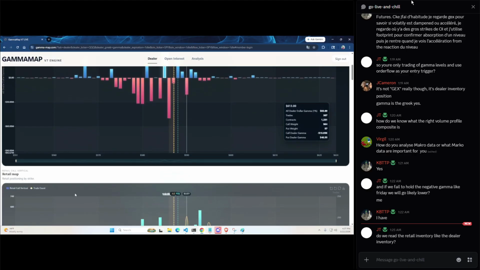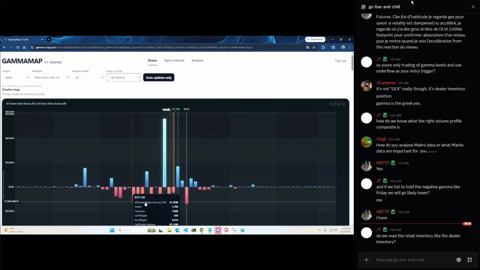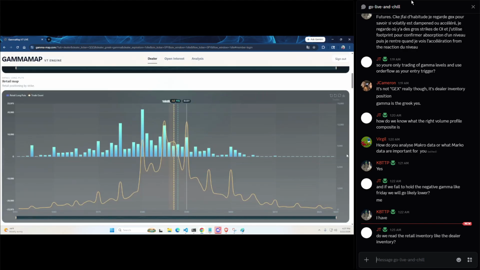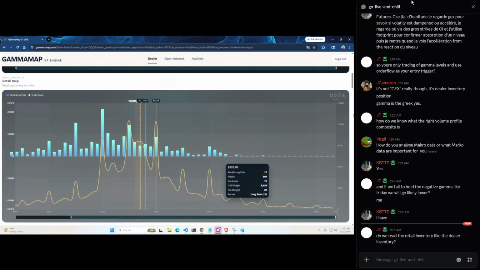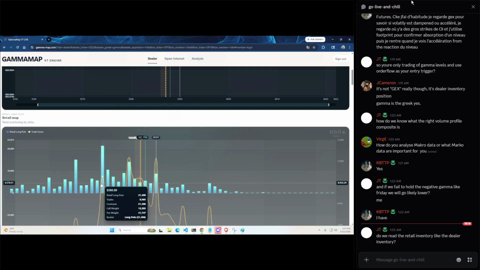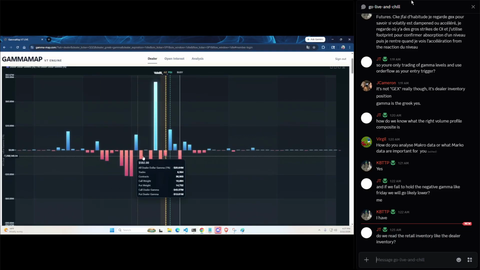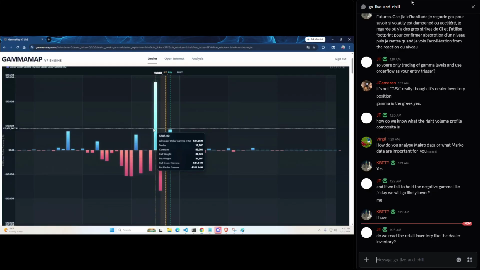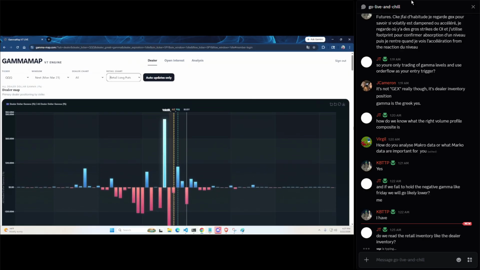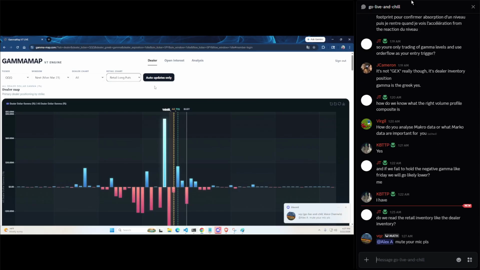The point is, I like to look at the retail chart to see what retail is doing, especially when we're in negative gamma, because if they're buying puts, so if we look at the long put chart, we can see they're really heavy dominant long puts in this area, 580, 585, 590, 580. So this negative gamma area is going to be a lot of volatility. And so that's how you're going to look at that is when you're in negative gamma, I like to look more into retail trading because the dealers are just going to amplify those moves, right? So you're not going to really see dealers are going to be following the grain.